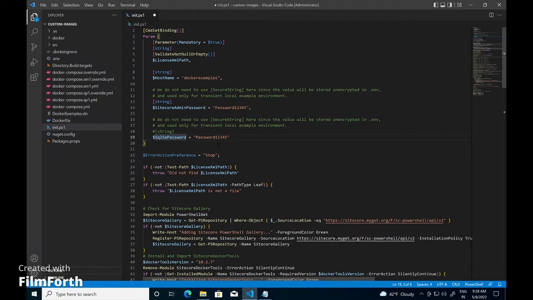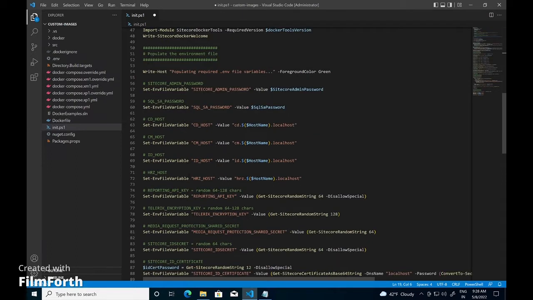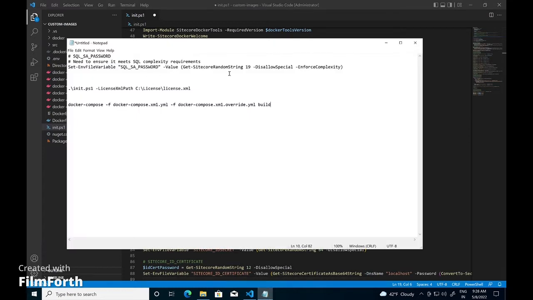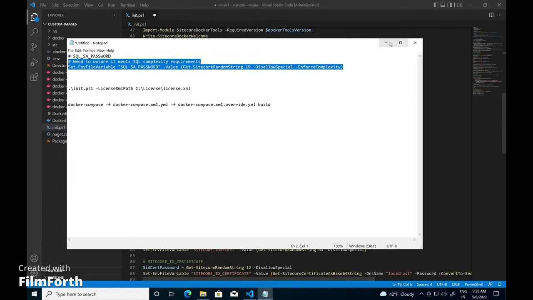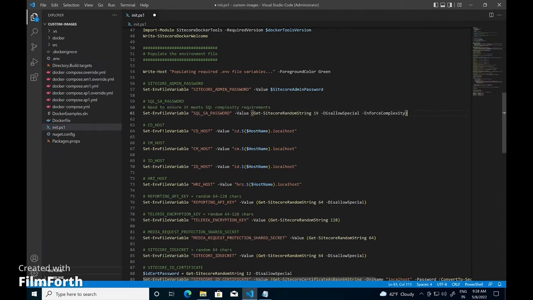First of all, make sure that you have a strong password for SQL admin, or you can use a script to generate the random strong password. So we are going to use this script to generate a random password. By default, this script comes with a less strong password, which is Sitecore 12345, which can cause issues later. So you can either hard code the strong password, or you can use this script to populate the environment file